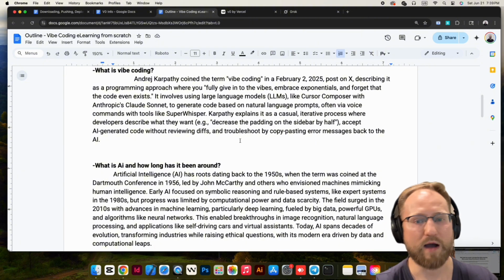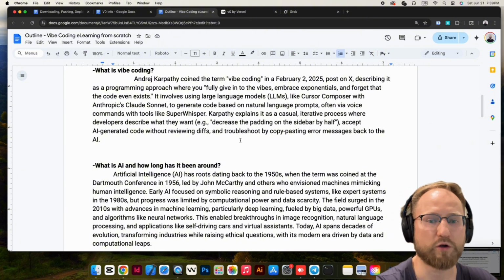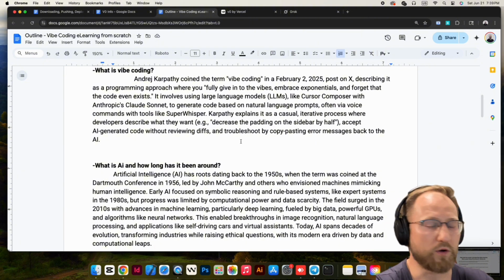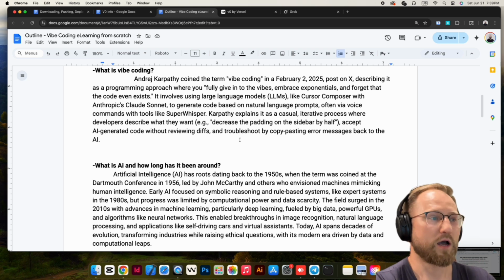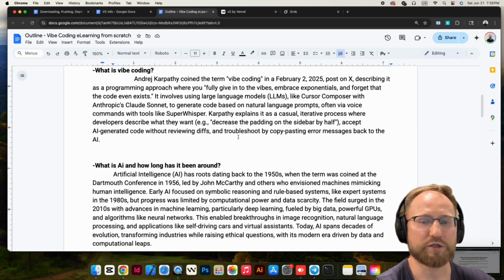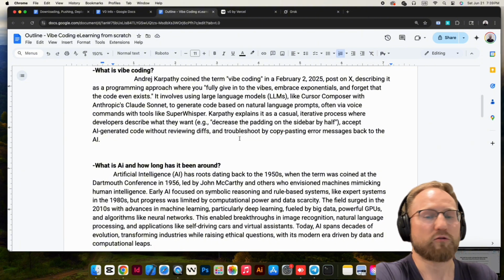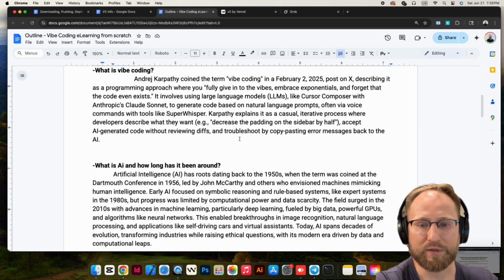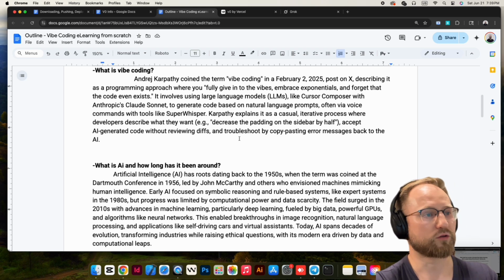So the idea of vibe coding is that you don't actually sit there and code. You just tell AI what to do, and you don't even bother with looking into the code. You literally just give in to the vibes, and whatever it creates is what it creates. And that's exactly what we're going to do. And we're going to basically recreate an Articulate Rise style micro lesson completely from scratch, including what the actual course